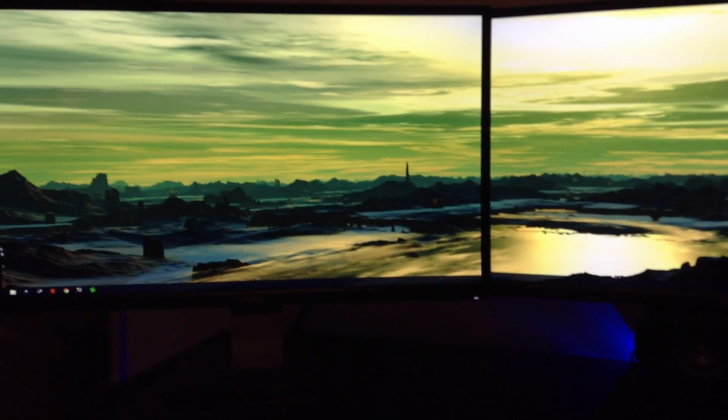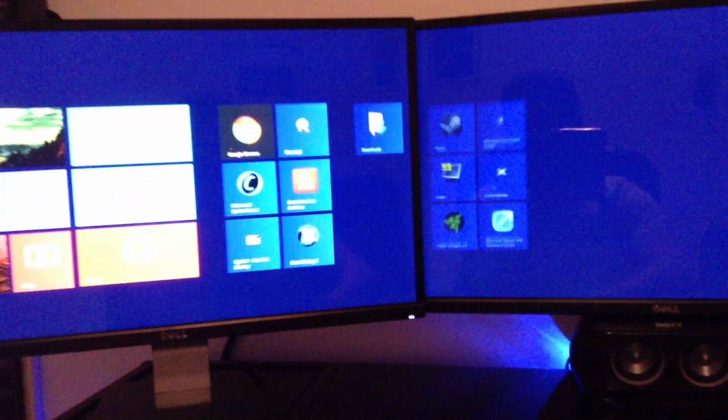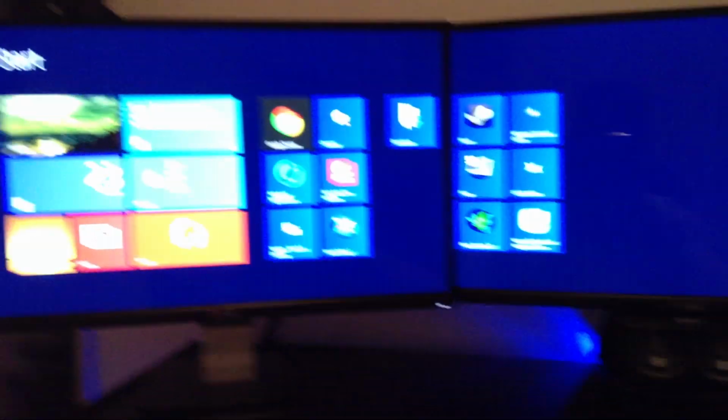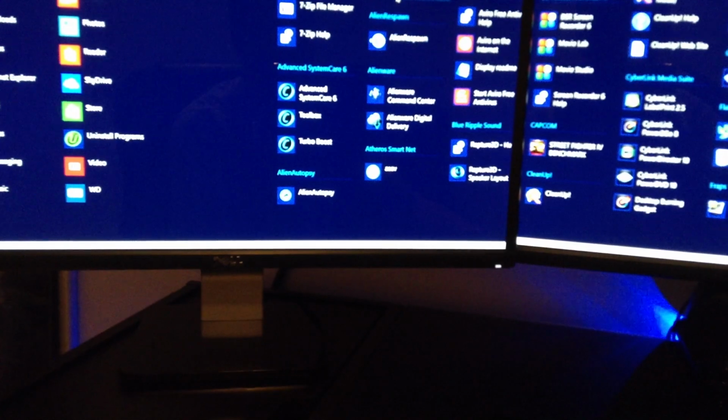Okay, the only other software I want to show you, because I think it's actually kind of cool, you can access this through all of your apps. I did order the computer that comes with Windows 8. So I'm going to click on all my apps here. And in addition to the Alienware Command Center, you also have an Alien Autopsy,